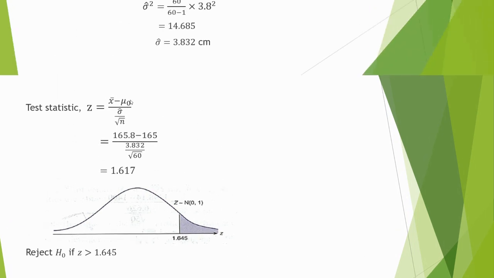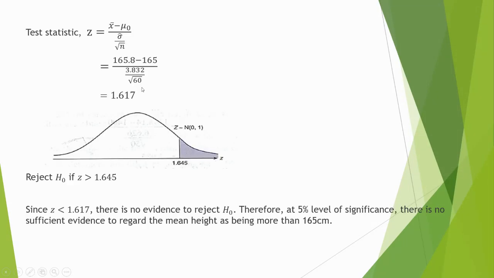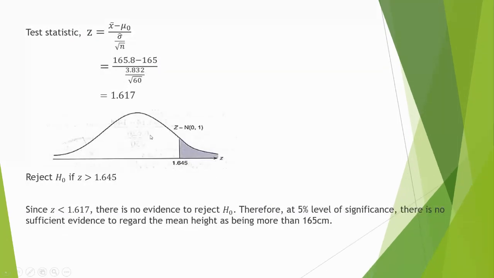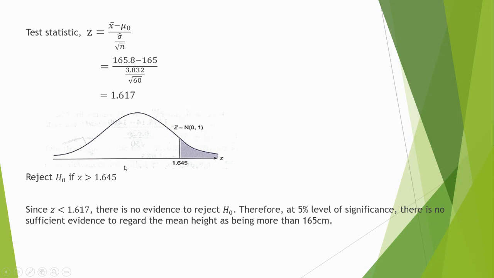then you get z as 1.617. Our level of significance is 5%. Since this is a greater-than test, you test on the right side only. So 5% is this value. I didn't give the table there. The level of significance is 0.05, then the z value is